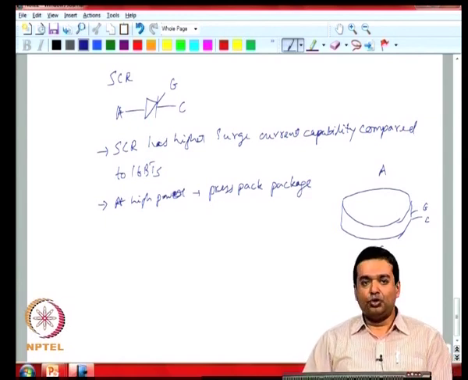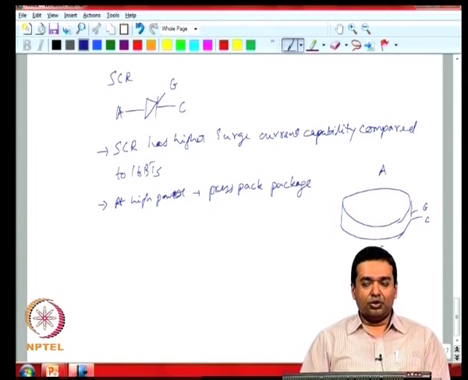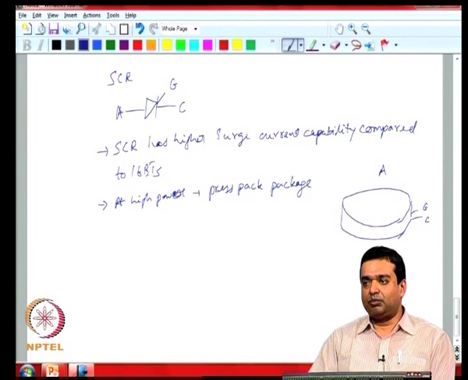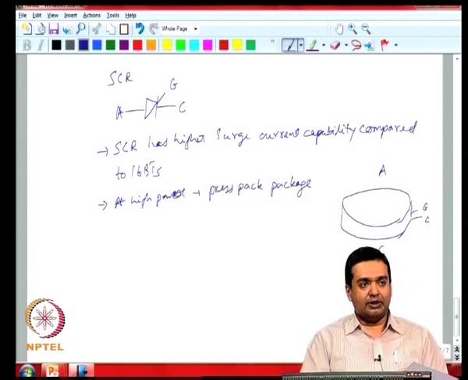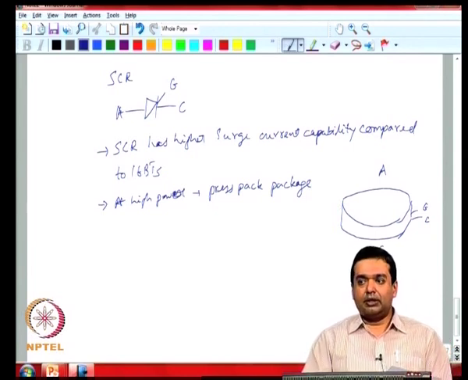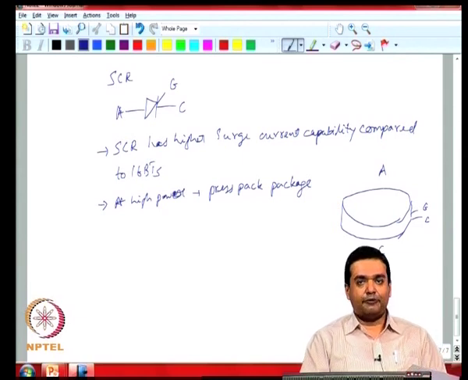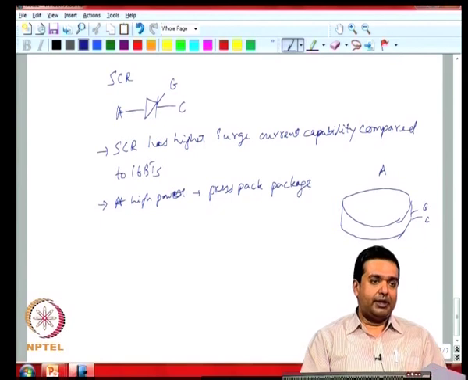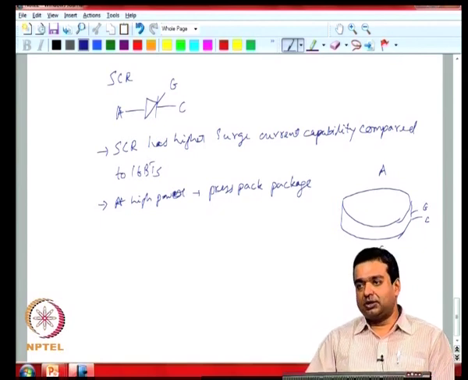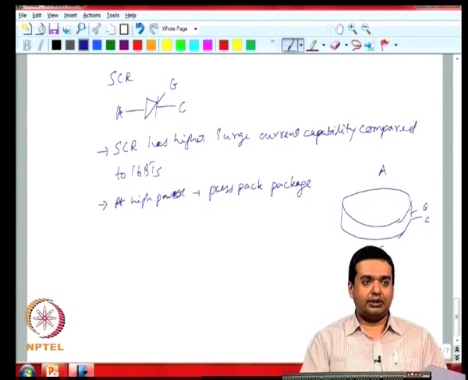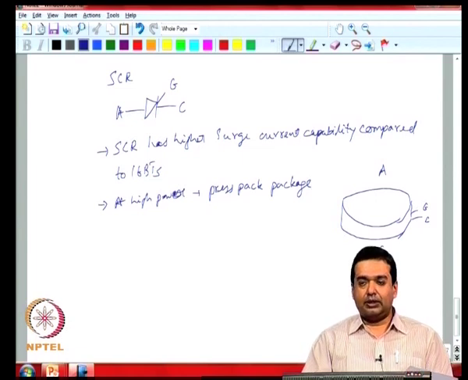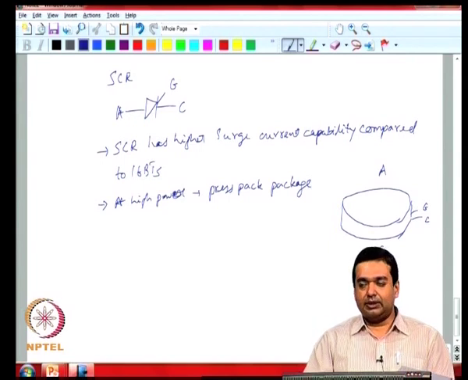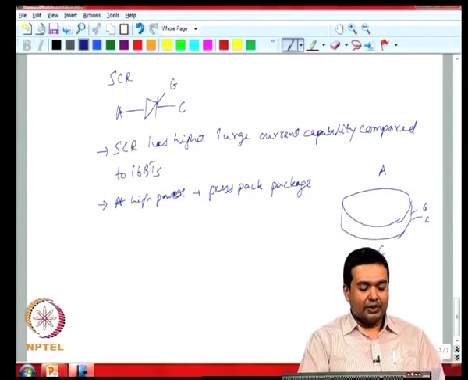Whereas, in a module type of device, the modules are connected with wire bonds, and if for some reason the module ruptures, then the rupture can cause the failed module to fail open, in which case you can have a failure that can either be short circuit or open circuit in case of a heatsink mounted module, whereas in a PressPack package, when you have failure, it is typically a short circuit, which means that